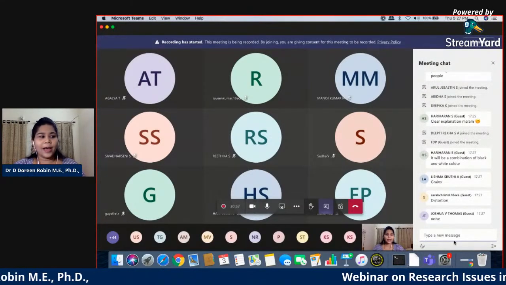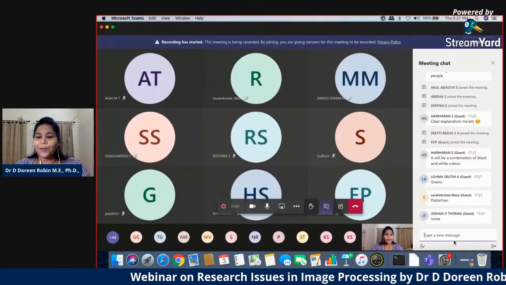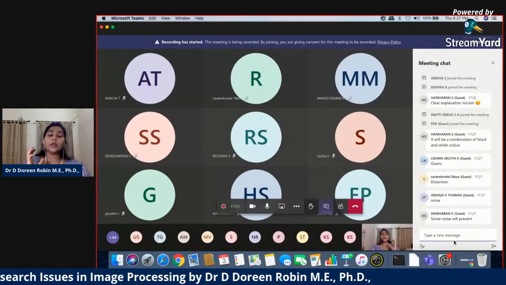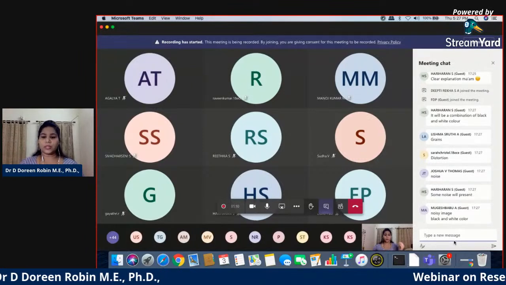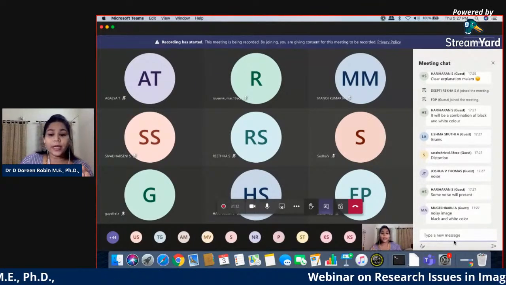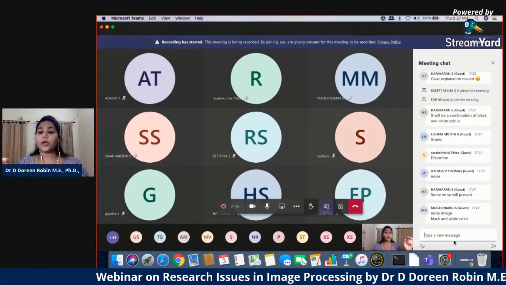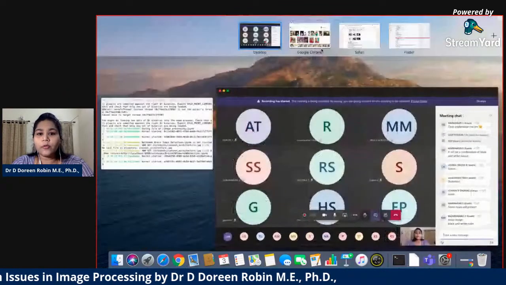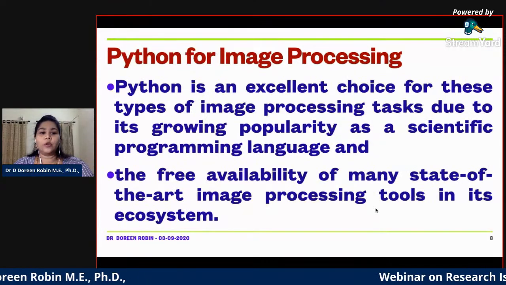Distortion, exactly. I always get responses from Sarah the most, and now it's Joshua. Noises. There are different kinds of noises. And when you work with image processing, we need to pre-process the image before we start working with it. So we need to remove the noises: how to remove salt and pepper noise, or whatever different kinds of noises are available. So that is one of the major issues, right? And then image restoration and recognition of images.